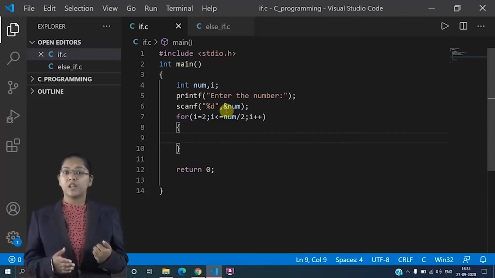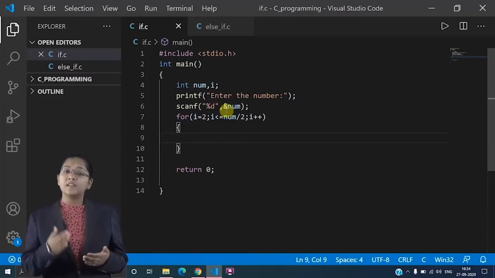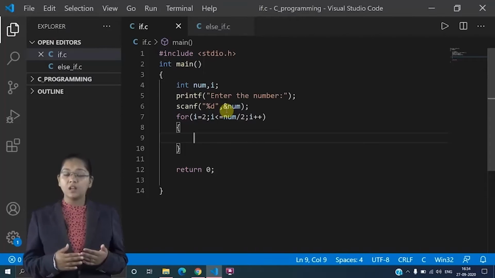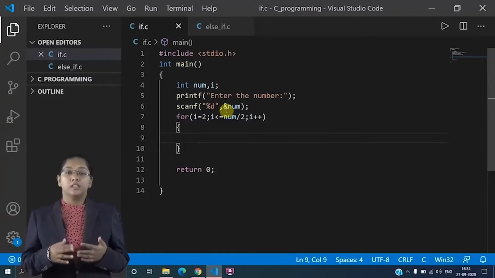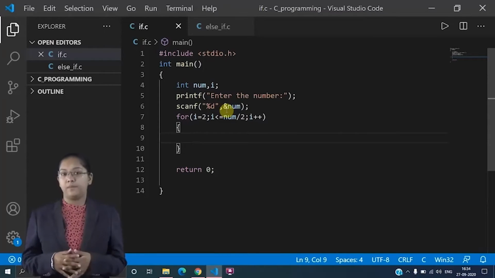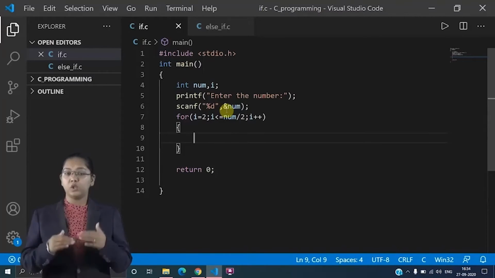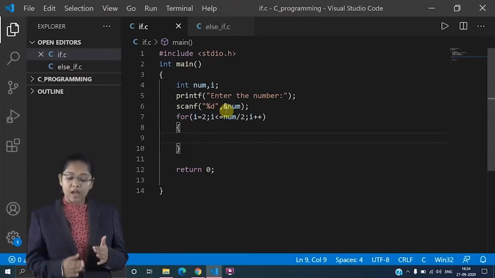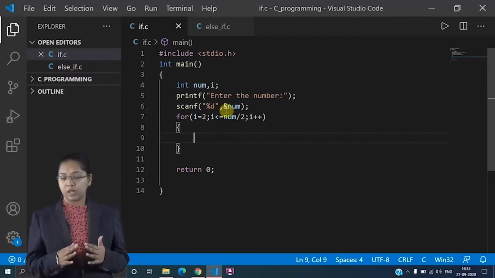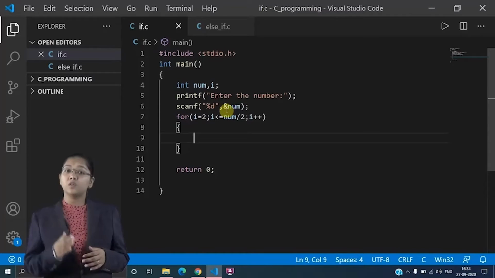So I am initializing i equal to 2, and then i is less than or equal to num divided by 2. Now why 2? For example, I have taken 3. I have given the user-defined input as 3. Now i is equal to 2. Okay, i is less than or equal to num divided by 2, that is 3 divided by 2, I get